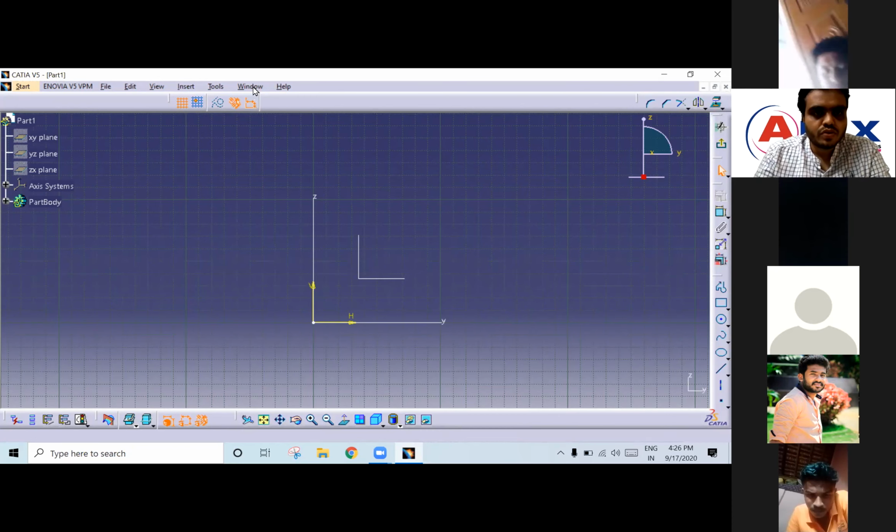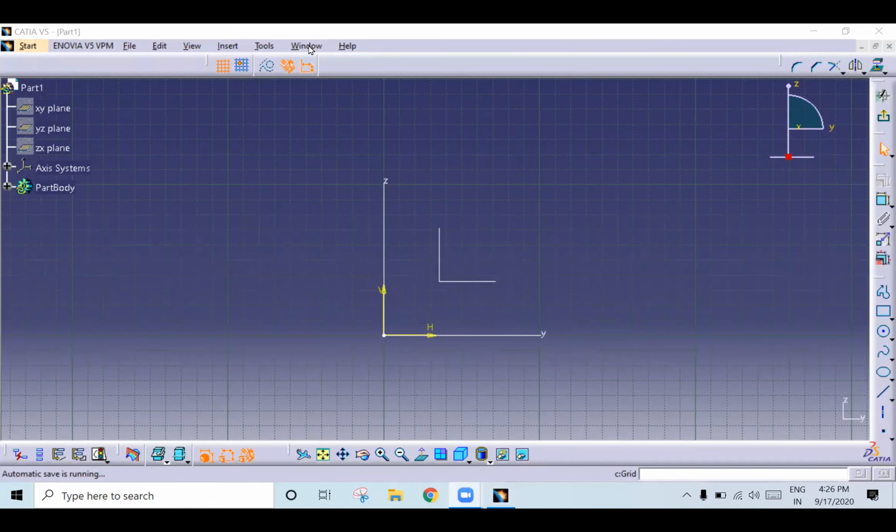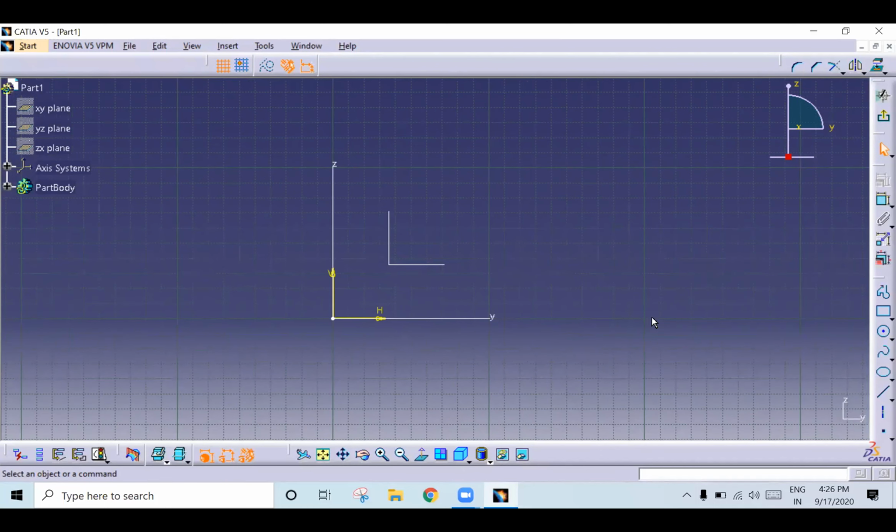Okay, so let's start. For a simple drawing I will show you. One thing you keep in your mind: if you are constraining the sketch, the sketch should be constrained as per the drawing. Don't give blind dimensions for constraint purpose. Suppose you have a rectangle, observe carefully here.